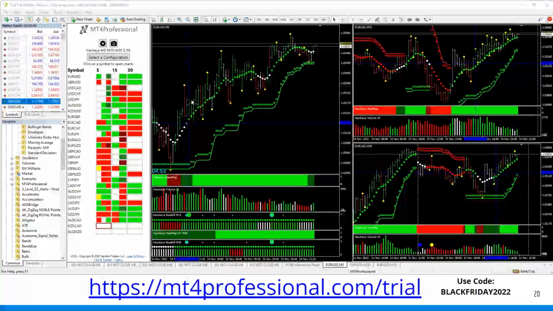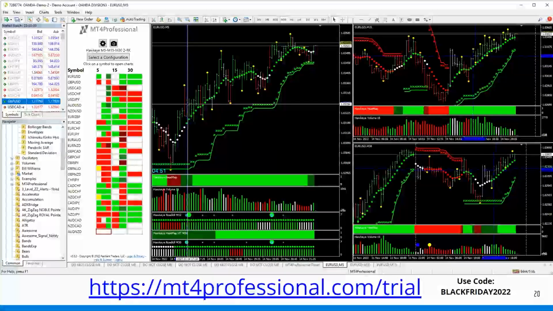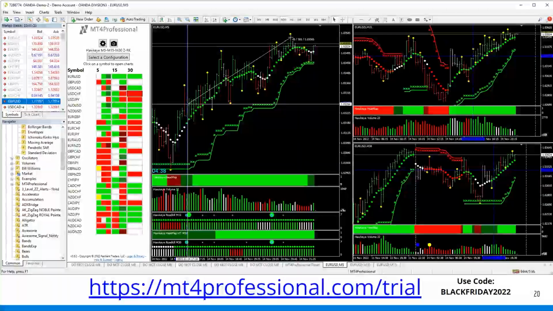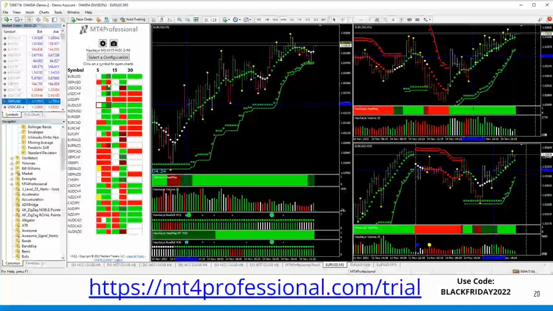So this would have given me an entry at this level, risk set to be about 6 pips. Profit target hit about 30 pips. So that was a 5-to-1 reward-to-risk ratio based upon the strategy, which was found and identified using the scanner to help you to see these trades.